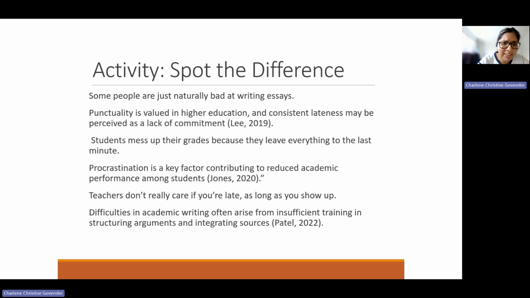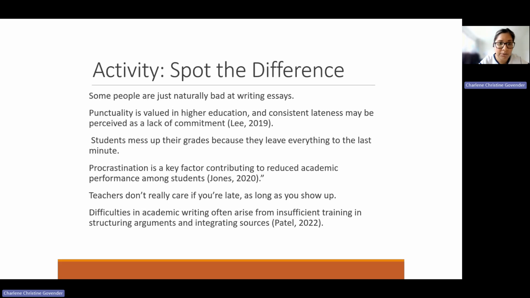Teachers don't really care if you're late as long as you show up. Very controversial. The last one: difficulties in academic writing often arise from insufficient training in structuring arguments and integrating sources, Till 2022. Now, without even having to look, I would say the sentences that have evidence or references